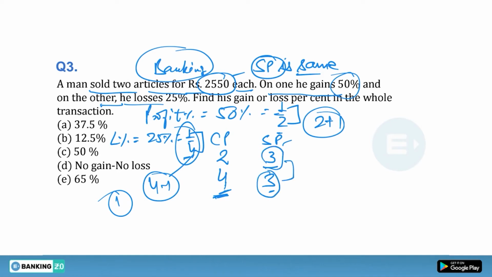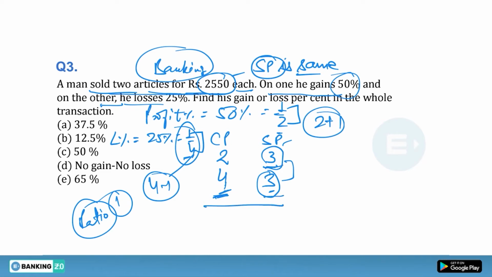So that means the ratio is the same. So guys, this is called the ratio method. I need to tell you guys, this is called the ratio method, which we are applying in these types of questions. Okay, so SP is the same, that means in the question it is also given as SP is the same, so we do not need to do anything because this value is equal to this value.